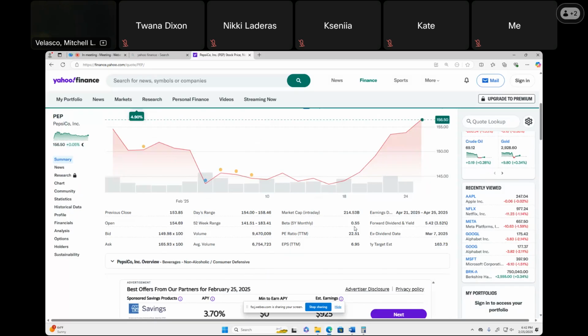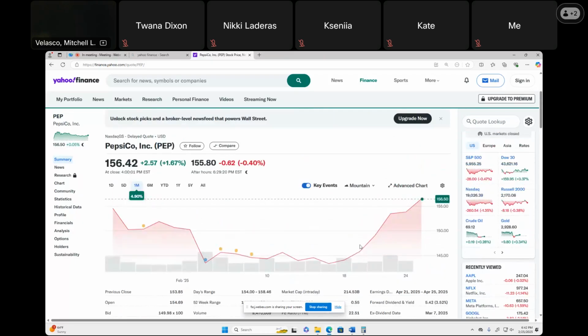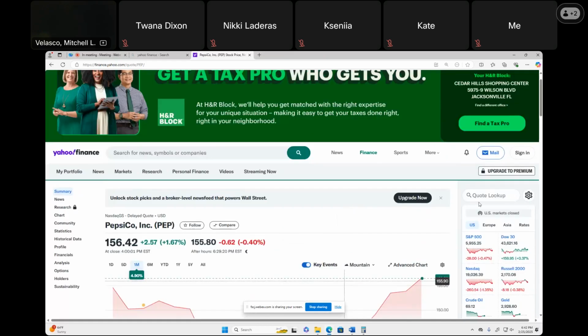So what beta tells us as an indicator is how volatile our stock is relative to the market. Pepsi has a beta of 0.55. That means it's not that volatile. Risk profile is a little lower. And all it means is if the stock market goes up, Pepsi stock would go up too, but not as much. If the stock market goes down, Pepsi stock might go down too, but not as much. So a beta of less than 1 means that it's not going to move around as much as the market. Generally, you could interpret that as a less risky stock.